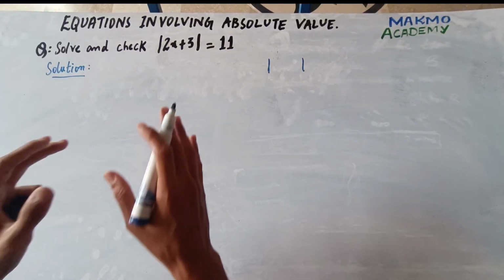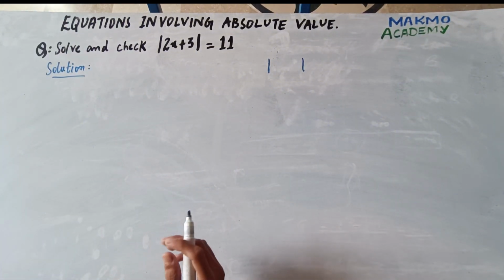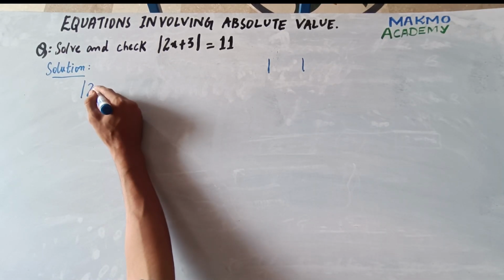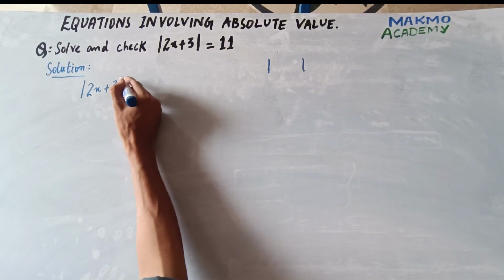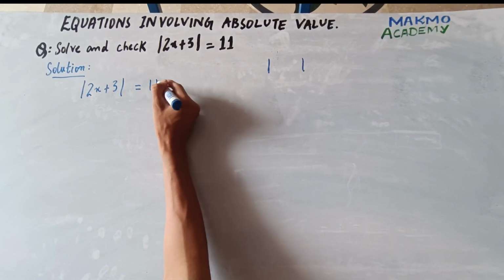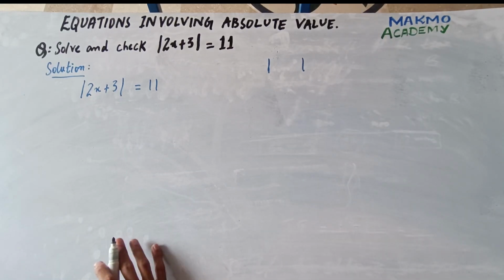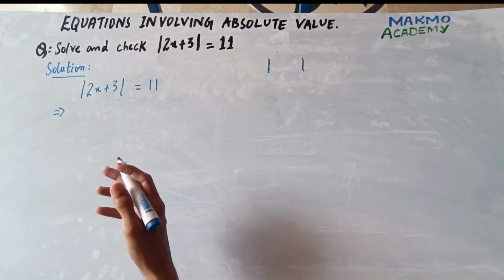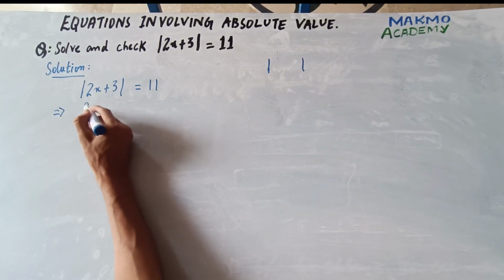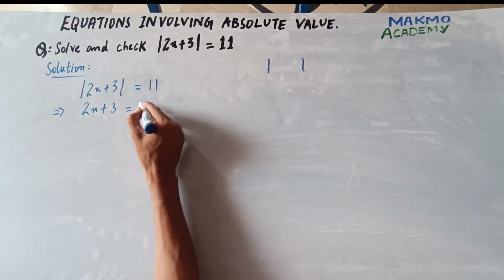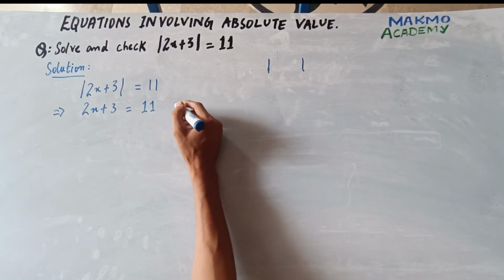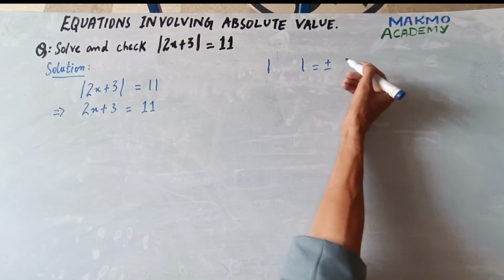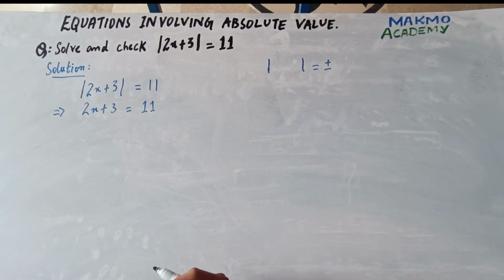Whenever you see this absolute value or modulus sign in the equation, it is written solve, so you need to find the value of x, but you cannot directly solve it like a simple linear equation. You need to open this equation with two signs of 11, positive and negative. So it means you will solve it two times. First with positive 11, or plus 11. When you remove this sign, you will open your right hand side with plus and minus. That's what I was trying to tell you in the chart.